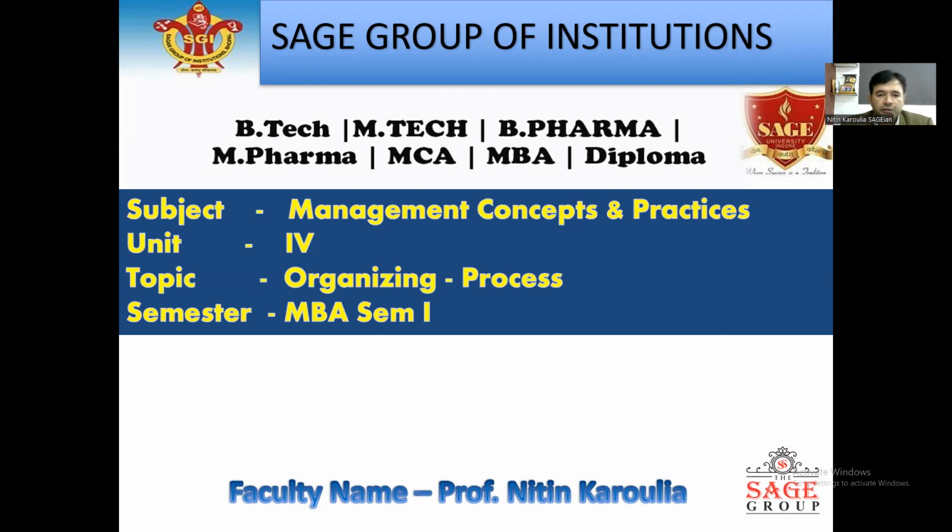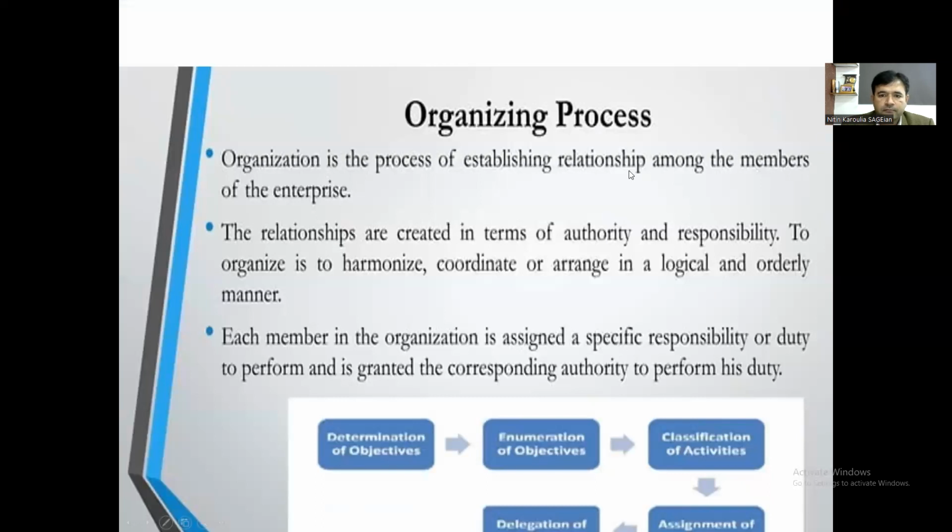So the topic that we are going to take up today is the organizing process. Organization is the process of establishing a relationship among the members of the enterprise. The relationships are created in terms of authority and responsibility. To organize is to harmonize, coordinate, or arrange in a logical and orderly manner. Each member in the organization is assigned a specific responsibility or duty to perform and is granted the corresponding authority